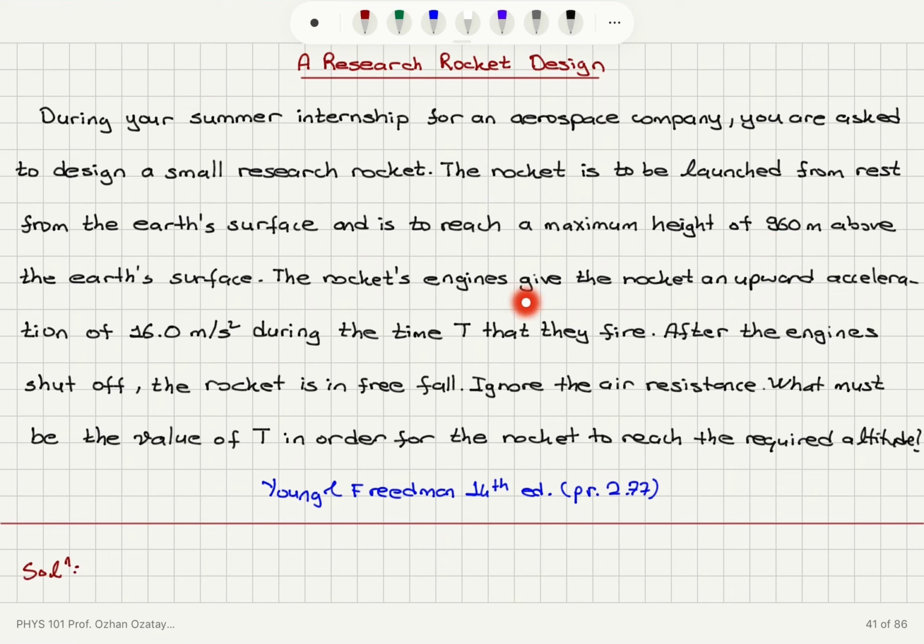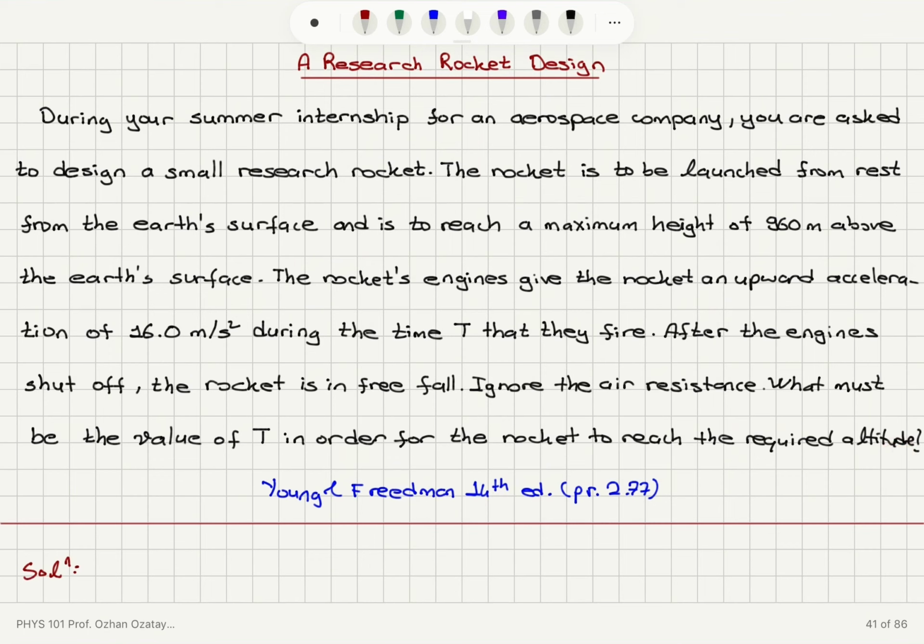The rocket's engines give the rocket an upward acceleration of 16.0 meters per second squared during the time T that they fire. After the engines shut off, the rocket is in free fall. Ignore the air resistance. What must be the value of T in order for the rocket to reach the required